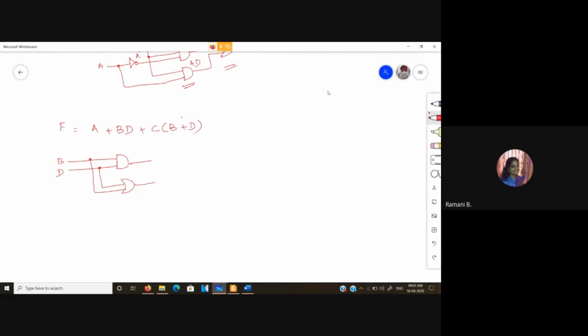This is for this particular combination, and I have to AND it with C.